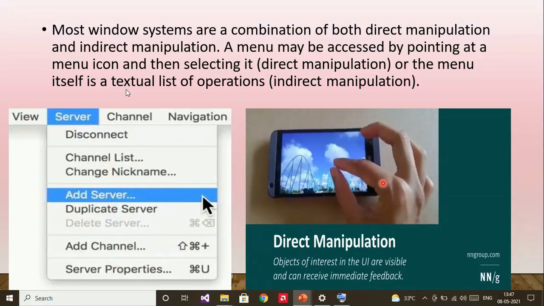And in the next example, the second kind, you have a person interacting with a mobile screen. He wants to do a zoom out operation. Zoom out can be done as a direct manipulation system. You touch the screen and directly manipulate the object on the screen. That is an example of a direct manipulation system.